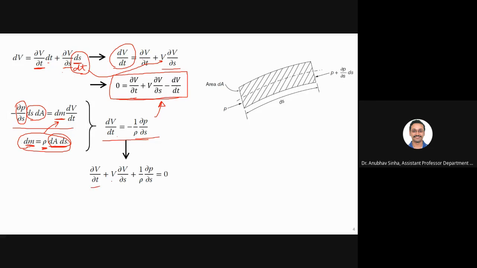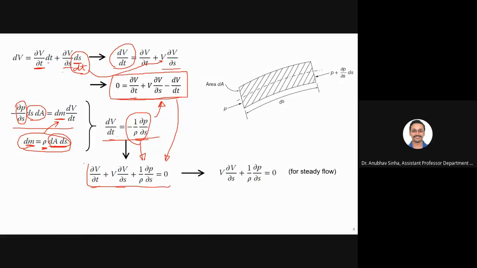Now if I substitute this in this equation, what I will get is dv by dt plus this term will remain like this, and the last term I will replace by this. This is minus here, and this is minus here, so it will become plus. So this is this equation with the last term replaced by this. That's all. Fine. This is what we have got.